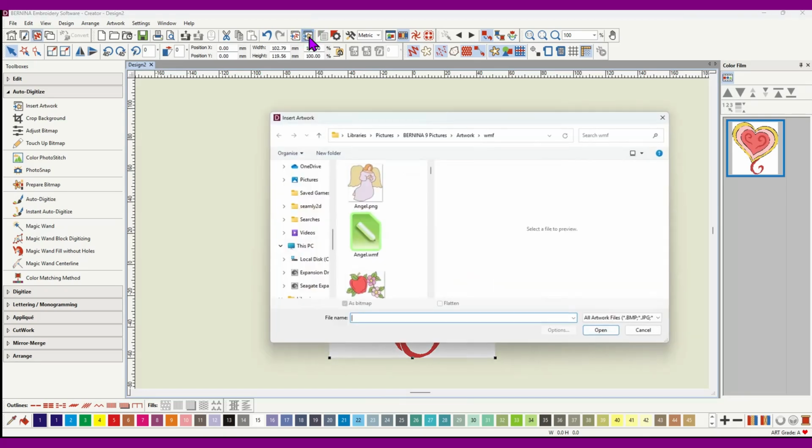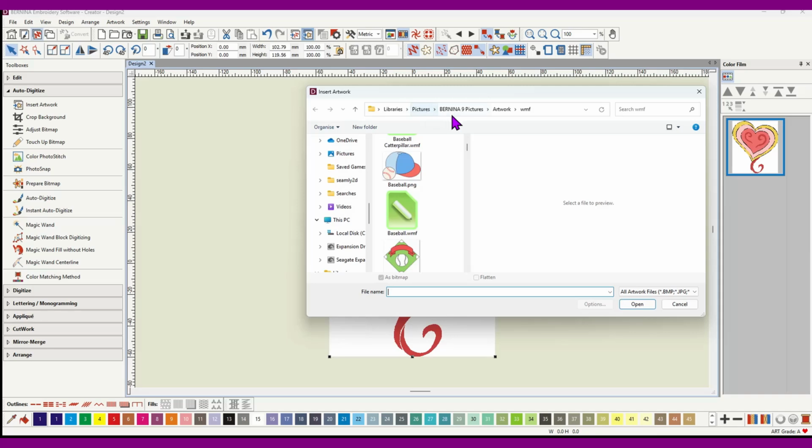The picture is in your libraries, pictures, Bonina 9 pictures, artwork, the WMF folder, and it's called Big Heart. So if we scroll down the B's, you will get to a Big Heart option. Now in the WMF folder they give you the WMF image and the PNG. These are all very clean images. The reason they've put the PNG ones in, even though they're raster files, so they're made up of pixels, is because you can't get a thumbnail of the WMF